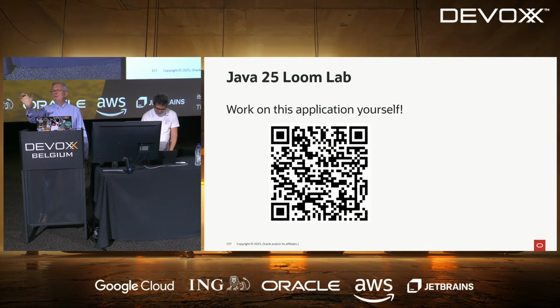I'm not sure it would make sense to time out each task individually with different values, because if a task fails with the timeout, then what is going to happen for the others? You probably want a common timeout for all your tasks. You can still do it because you can create one structured task scope per task. Do you have the method? There is no method. Okay, there's no method, as expected.